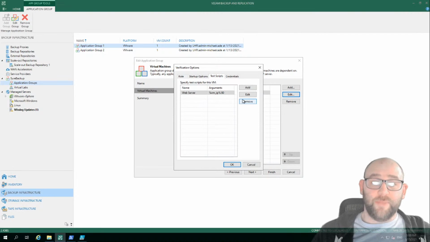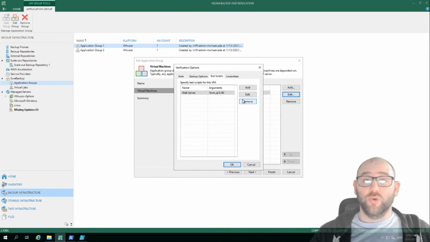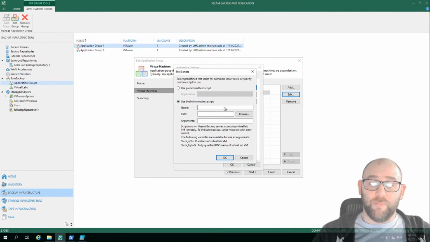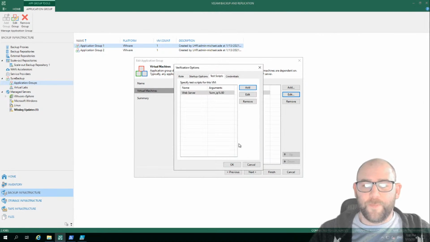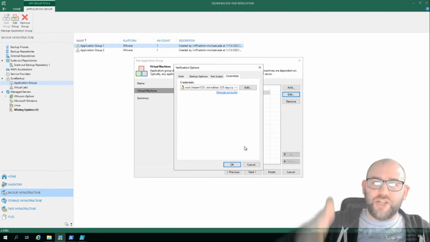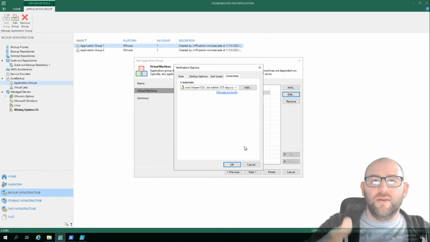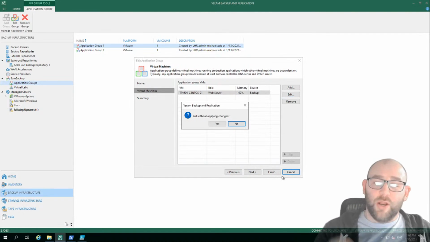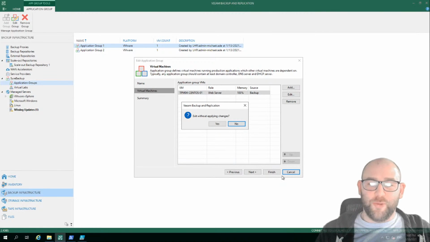So then you've got test scripts. We've gone through what those roles look like, but you could also go in here and use a predefined script, or a script of your own that you want to test yourself. And then throw some credentials in there. Obviously, if you're going to want to inject a process into that machine, you need to be able to have access into that system. So that's kind of a long way of talking about the application group,